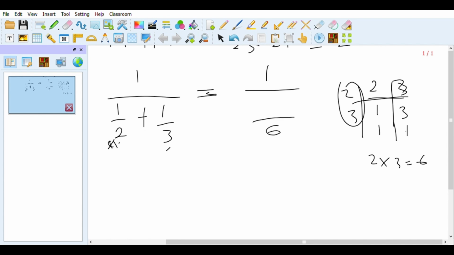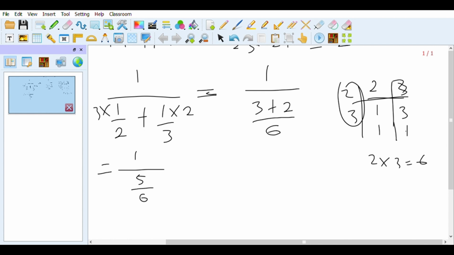If 2 here divides 6, we'll have 3. We use that 3 to multiply the numerator to form an equivalent fraction. So here we'll have 3. Next, we use the denominator 3 to divide 6. We're going to have 2. Use that 2 to multiply the numerator. 2 times 1 is 2. Okay, so we have 3 plus 2 over 6. Okay, so what we can do right now is 1 all over 3 plus 2 is 5 all